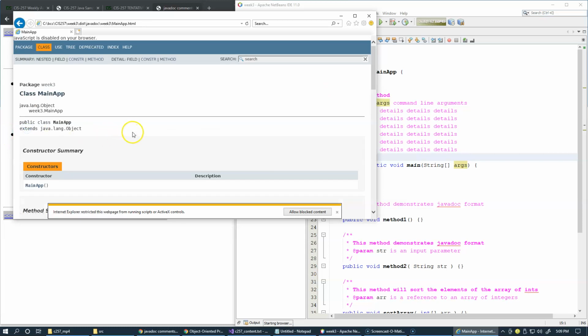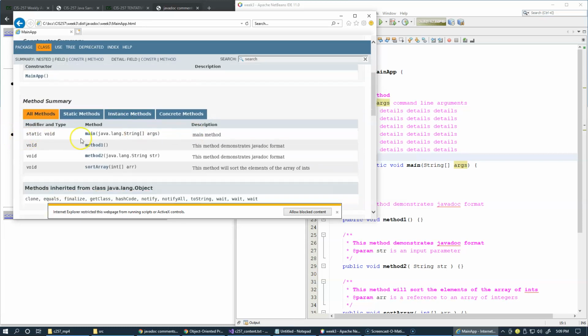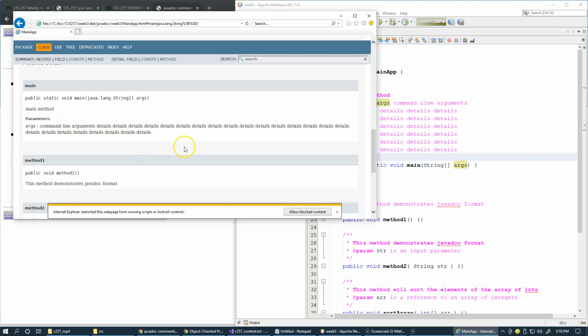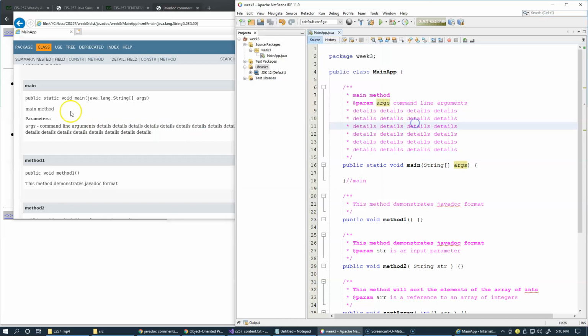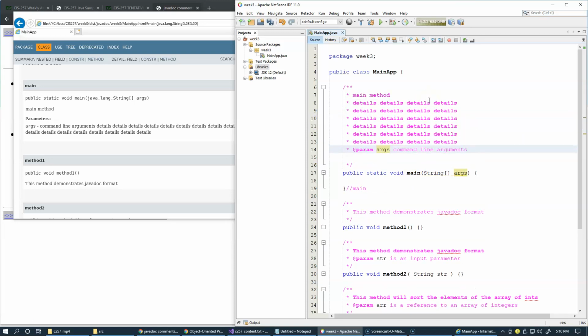So this time you can see that if we go to our main method, now all of these details are added right after the parameter description here, right? And if I wanted to document the entire method, then these details would go up to the top like this, right? So these would be the details about